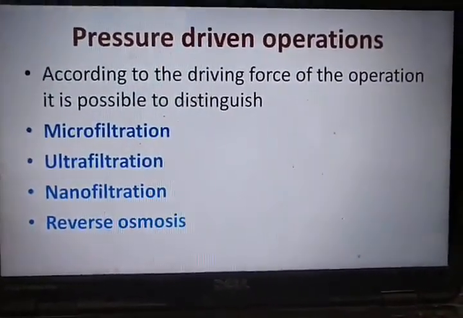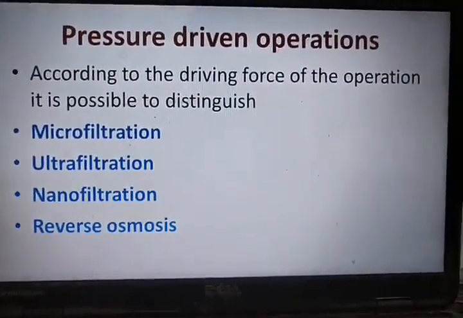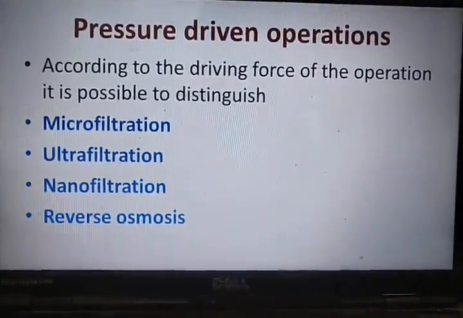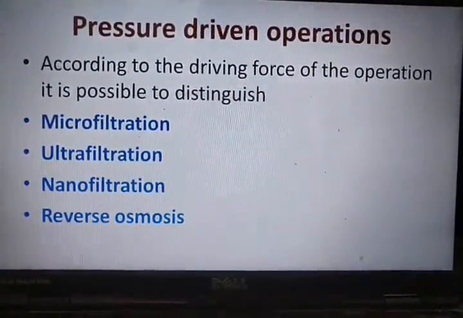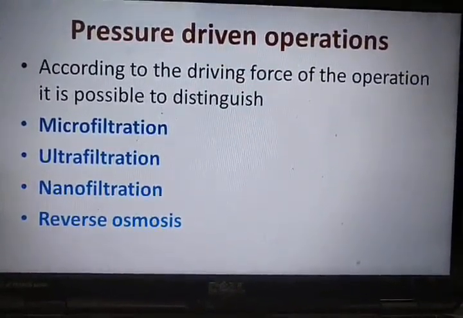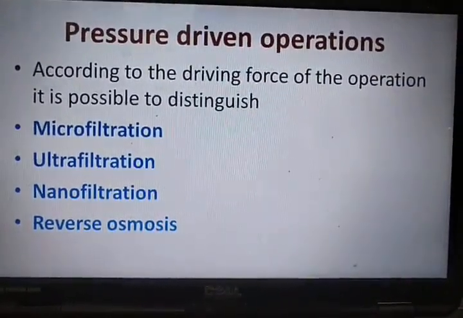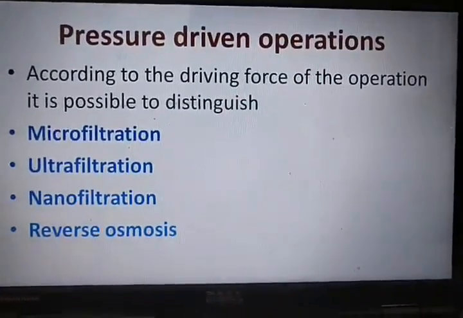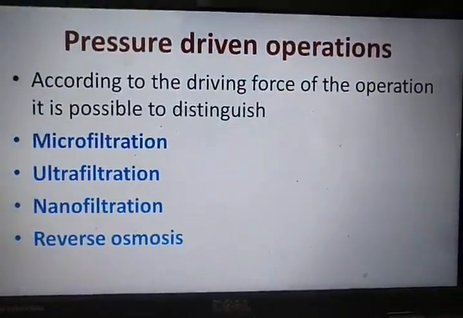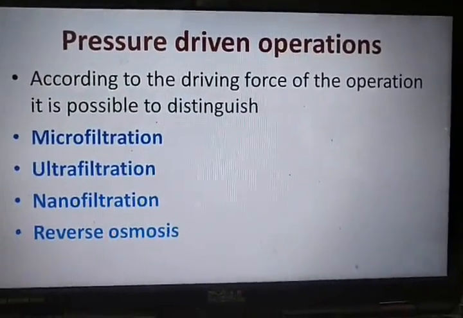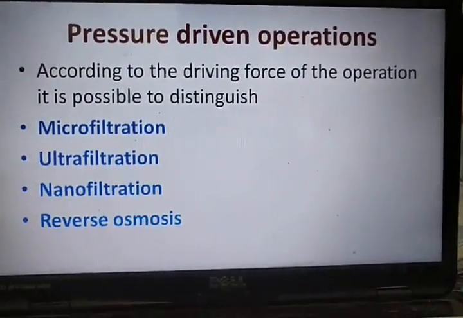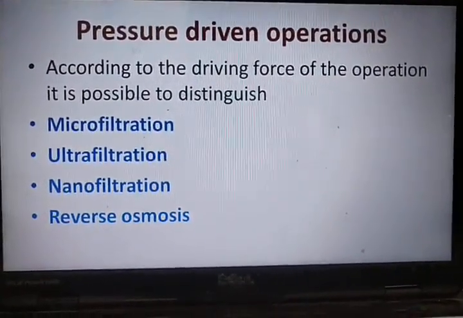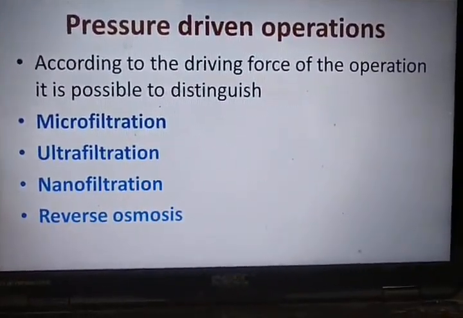This includes 4 different types of membrane processes, that is microfiltration, ultrafiltration, nanofiltration, and reverse osmosis. Here the pressure is applied across the membrane to filter the water. That's why they are called pressure driven operations, and we are concerned more with these operations in the treatment of water compared to other membrane